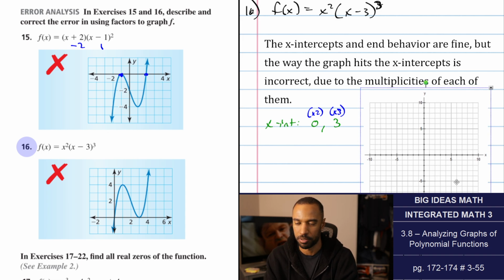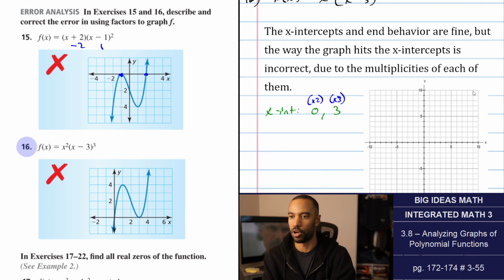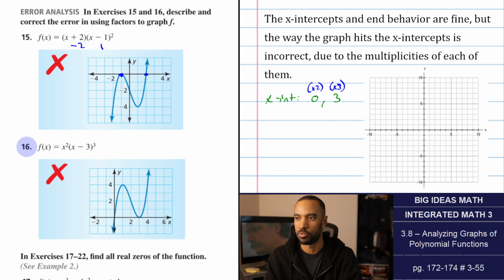It'll have the same end behavior. But when it hits 0 and 3, it's going to hit them differently. So at 0, it'll bounce off. And at 3, it's going to snake through it. It will start down, but it's going to bounce off that 0. So it's going to come up and down through like that. When it hits 3, it's going to do this. Not linearly through, but in cubic-like fashion, it's going to snake through